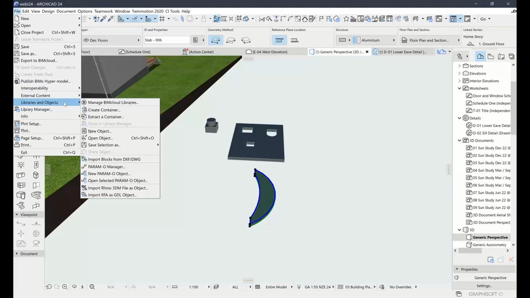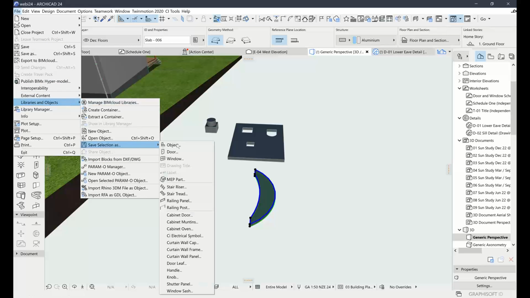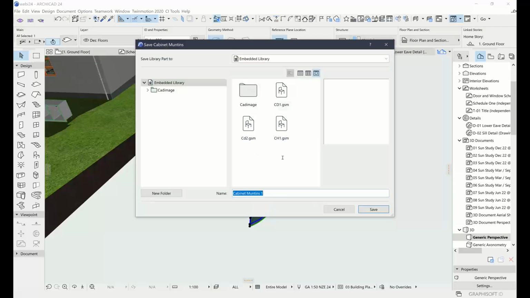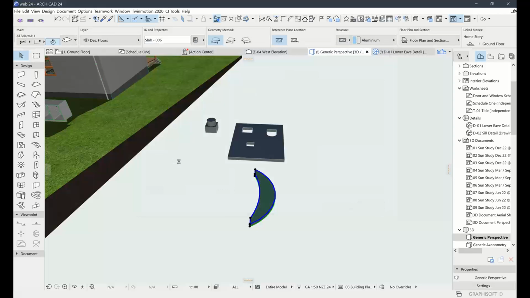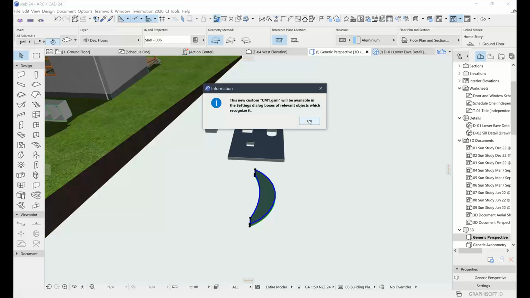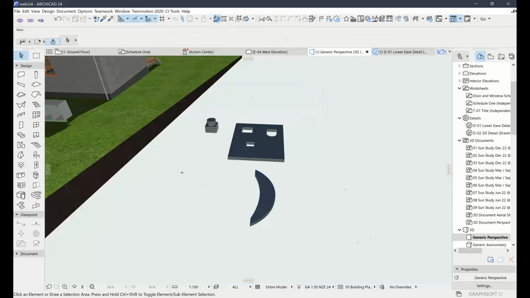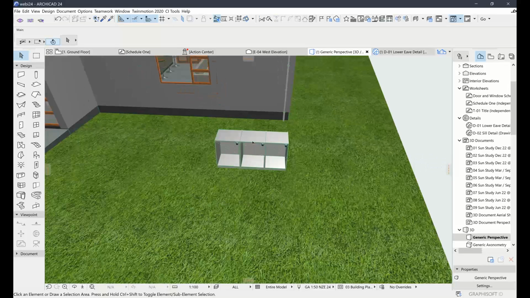File, Libraries and Objects, Save Selection As, and we're going to choose Cabinet Muntins this time. Use the horizontal plane again, and we'll call it CM1. Save it. Oh, that's right, the dialog telling us that it's saved. And now we can come back to our cabinets